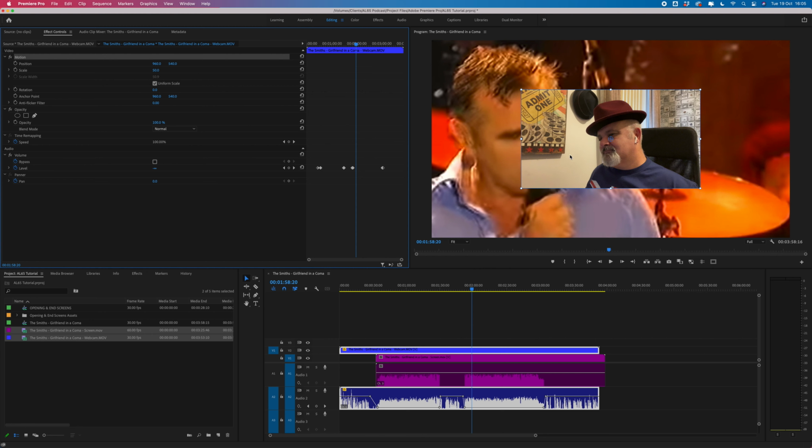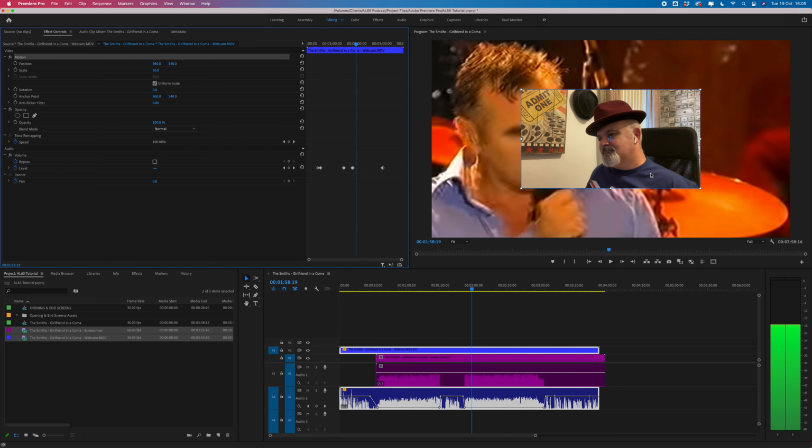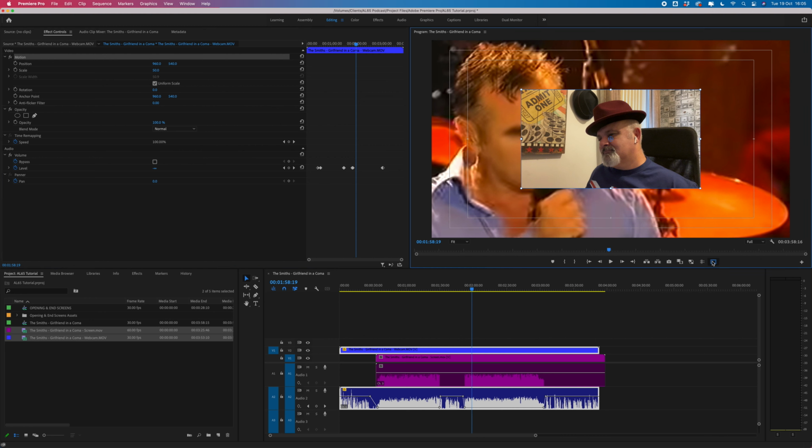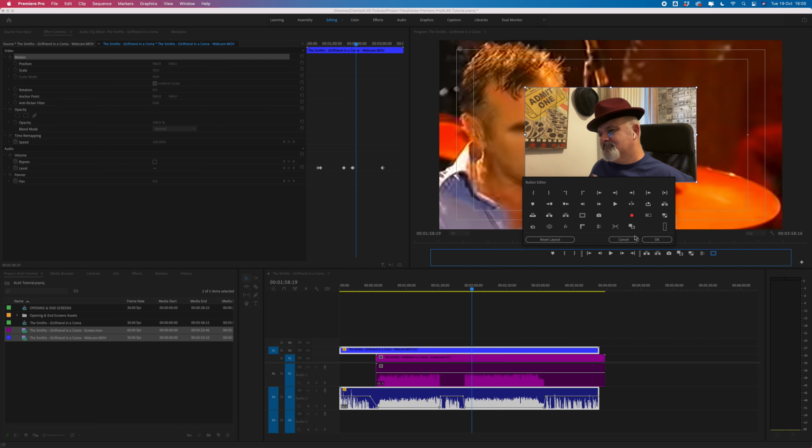Okay, and now we want to turn on our guides and margins. So we're going to go down here to our little toolbar. I'm going to click on the Safe Margins. Now if there isn't Safe Margins on your Premiere Pro, what you need to do is go into this button here, which is the Program Monitor, and select Safe Margins and just drag it onto that window. So if we, for example, remove it,